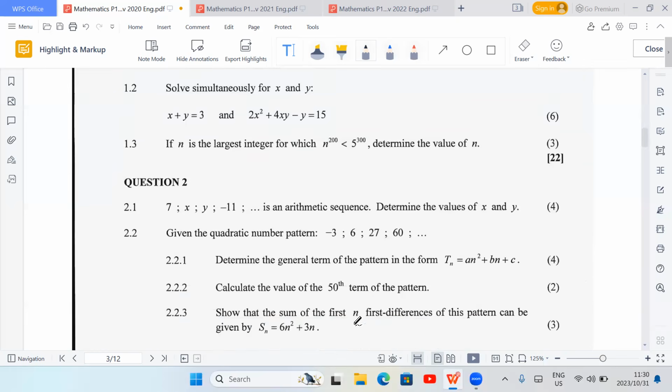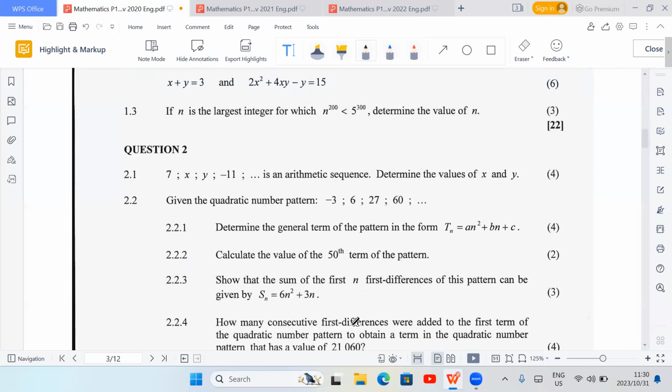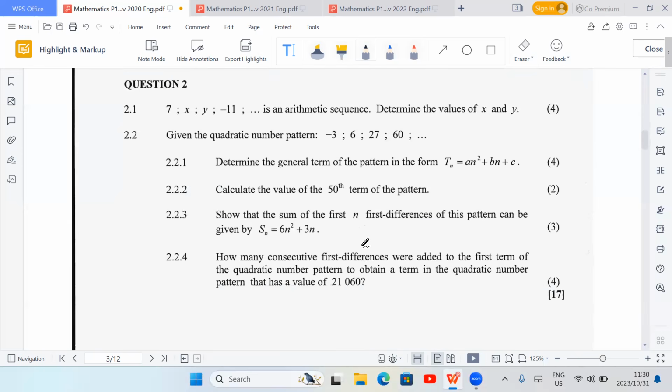Then you have your question 2. With your question 2, you know that you are expecting to get an arithmetic sequence. So you have your arithmetic sequence there. So it can be sequence, it can be series, but then it will be arithmetic, right? So just anything on arithmetic. Then we know that